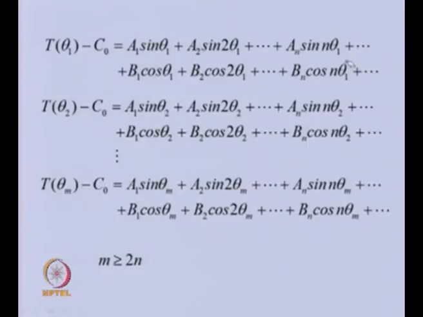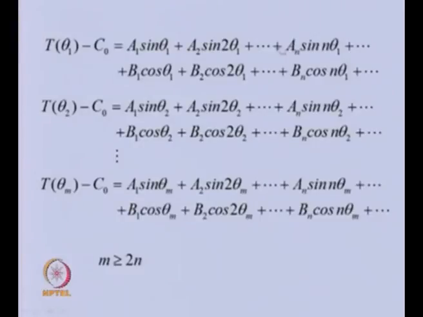If we neglect these, you can see that we have n terms for A and another n terms for B, so 2n terms are there. So, the total number of equations, that means the total number of information of the T at various theta, should be equal to 2n or more than 2n, then we can get these constants. So, all those previous equations I have rearranged in a matrix form. You can see that there are 2n unknowns in the form of a's and b's, which I have put in this vector.